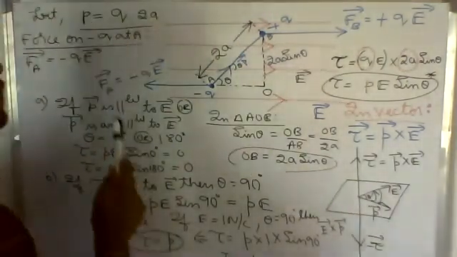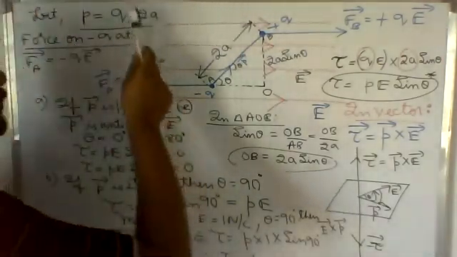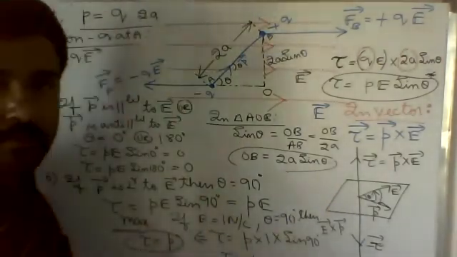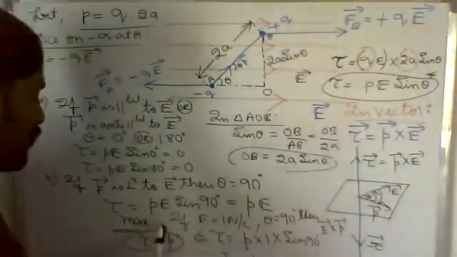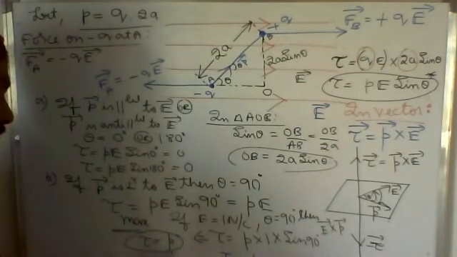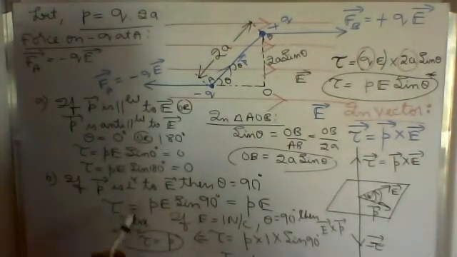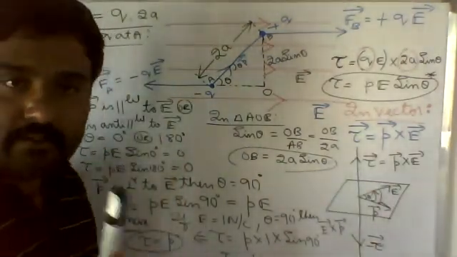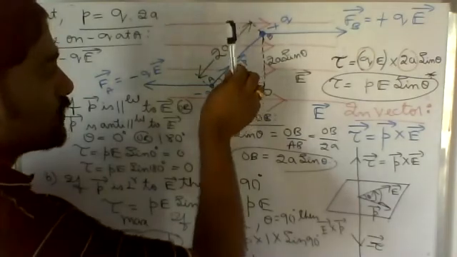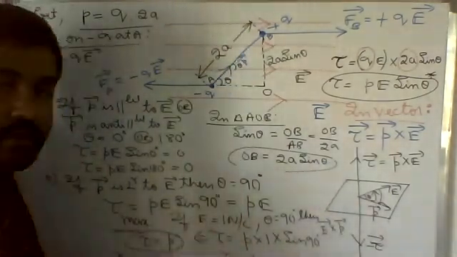The first one is that dipole moment is the product of the magnitude of one of the charges and the dipole length. Another definition, based on the expression for torque, is that electric dipole moment is numerically equal to the torque acting on an electric dipole if it is placed at right angles to a unit uniform